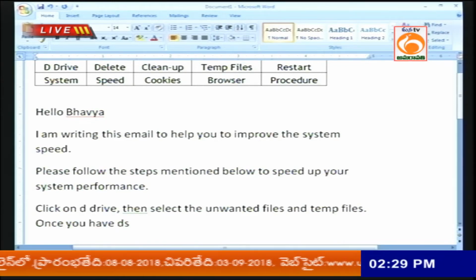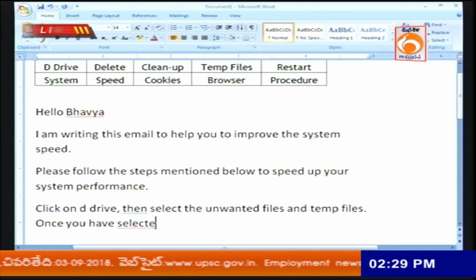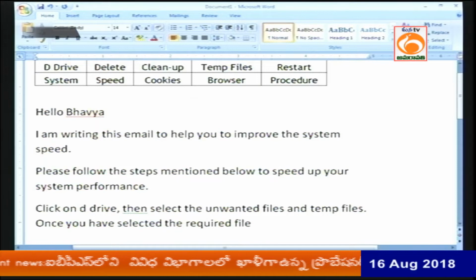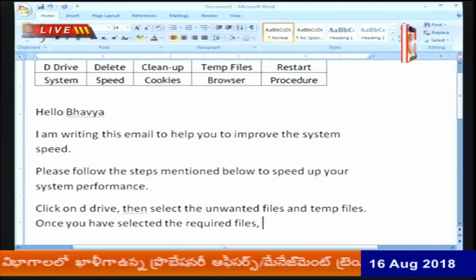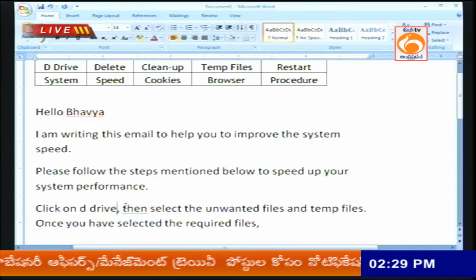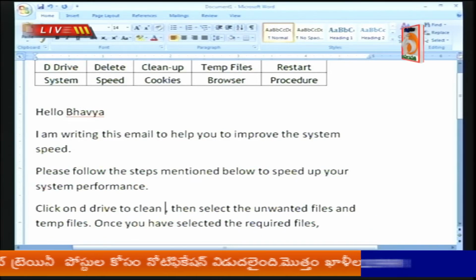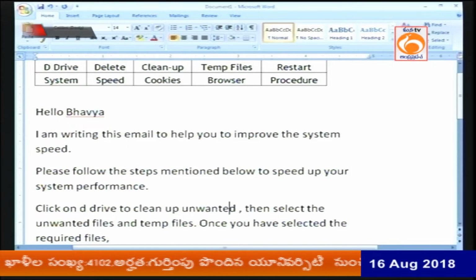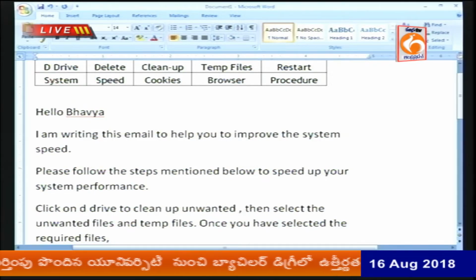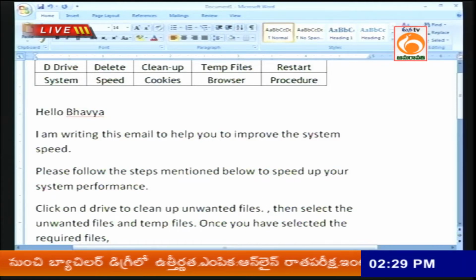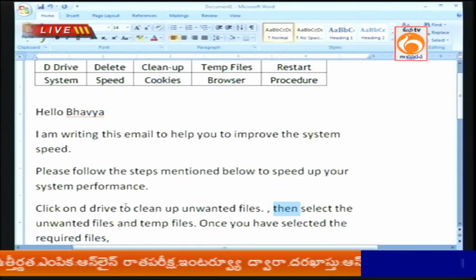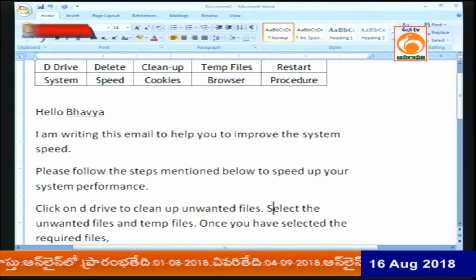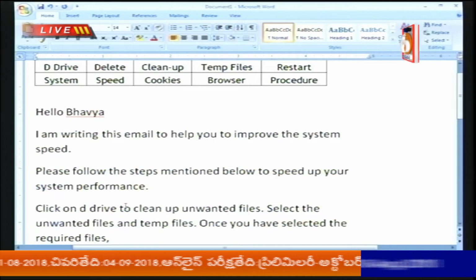Once you have I'm just making a quick change here. Click on D drive to clean up the unwanted files. Select the unwanted, select the